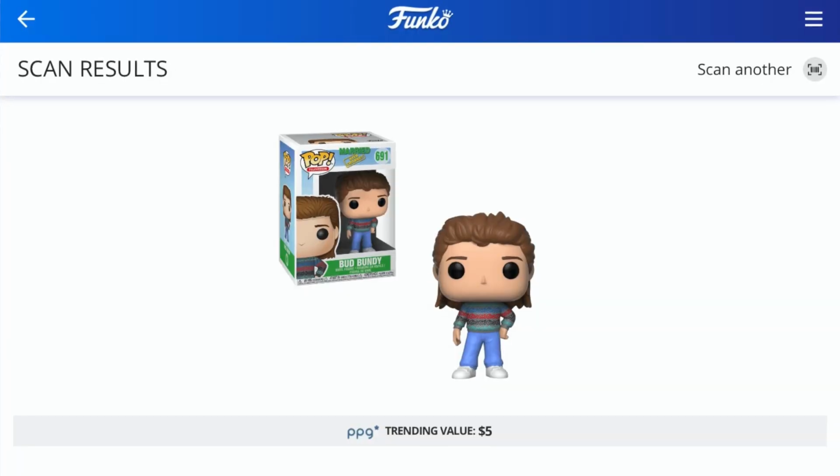So even though, just like the other one, I'm gonna keep this in my collection, we're gonna go ahead and check and see what the value of this is. So let's check it out. All right, just like the other one, I'm glad this is in my collection. Not very high trending value, is very common. Maybe if it was Al, it'd be a different story. But it's got a trending value of